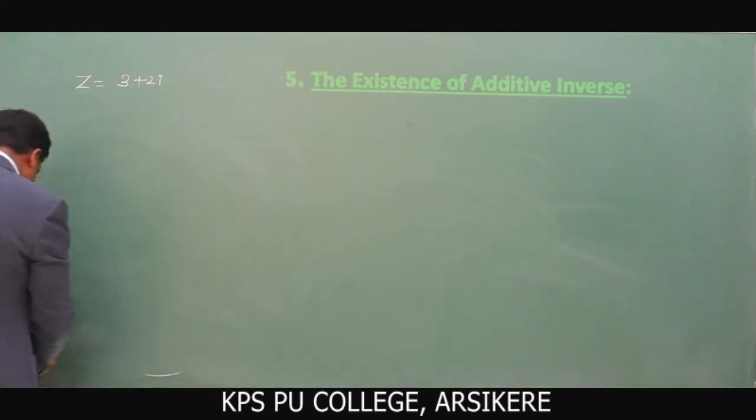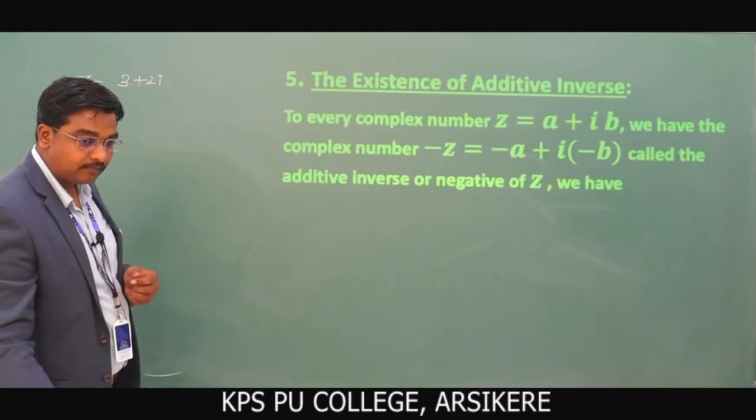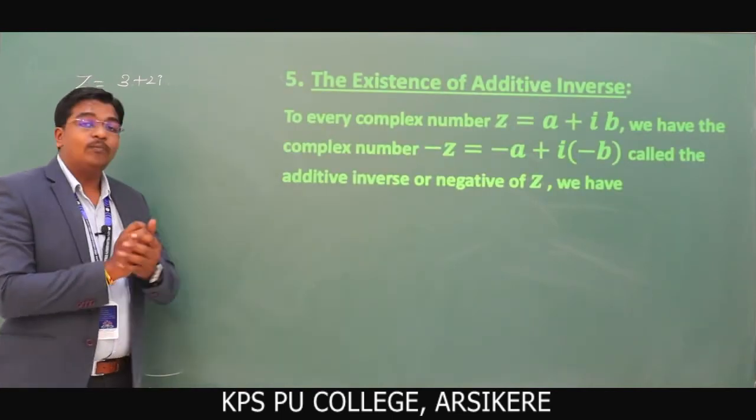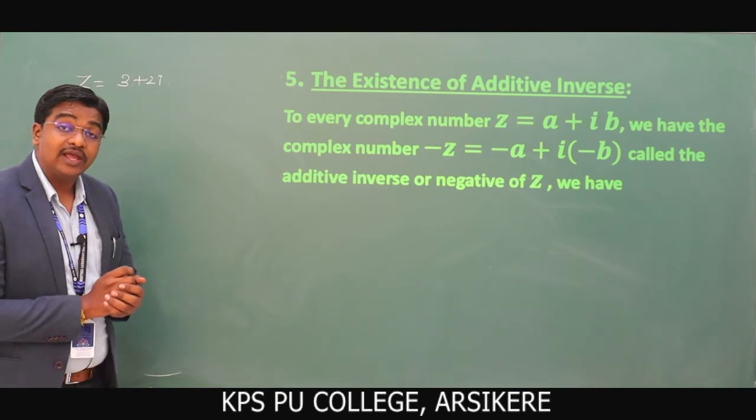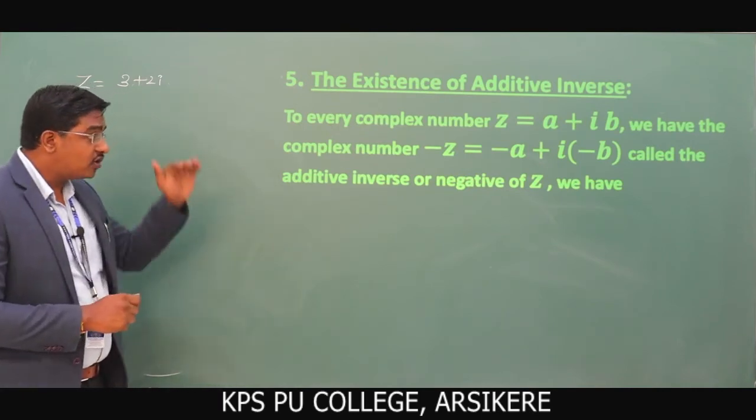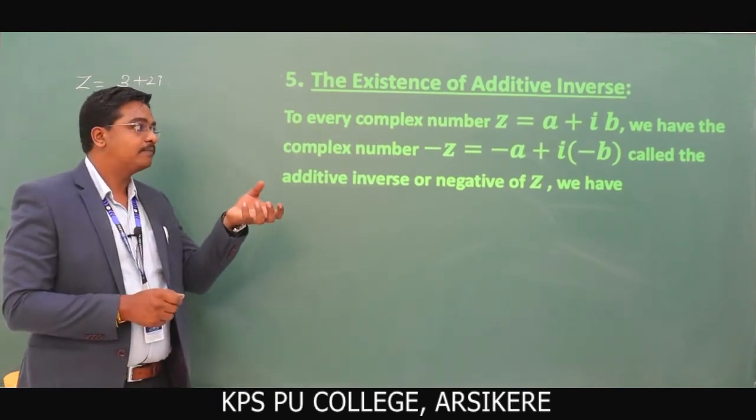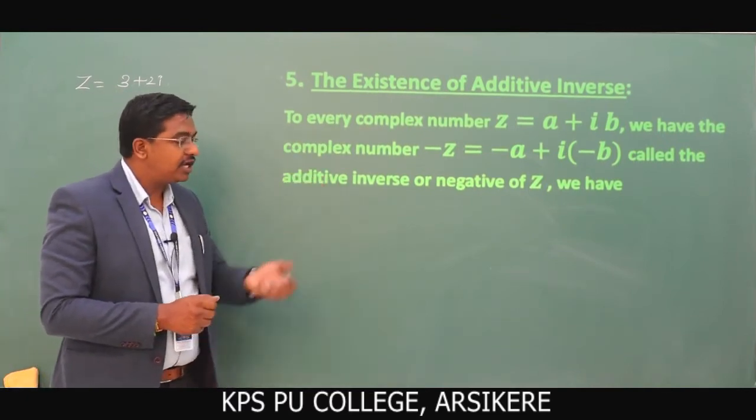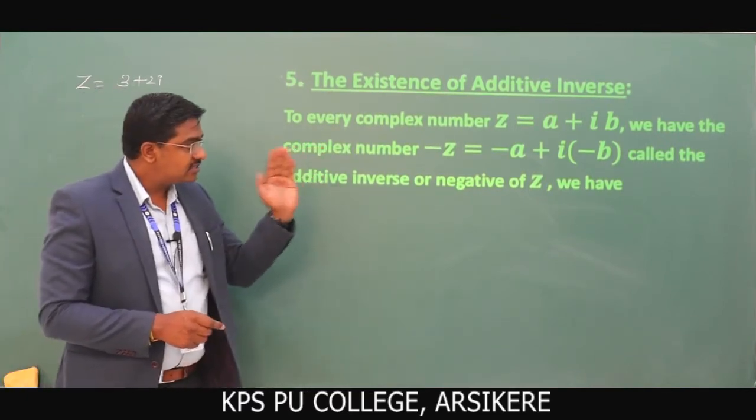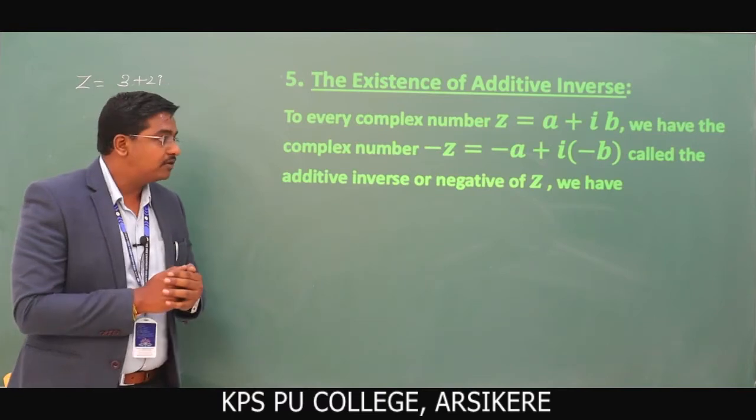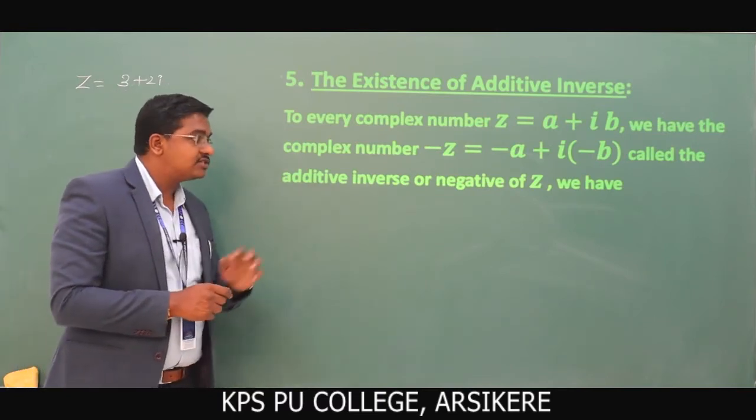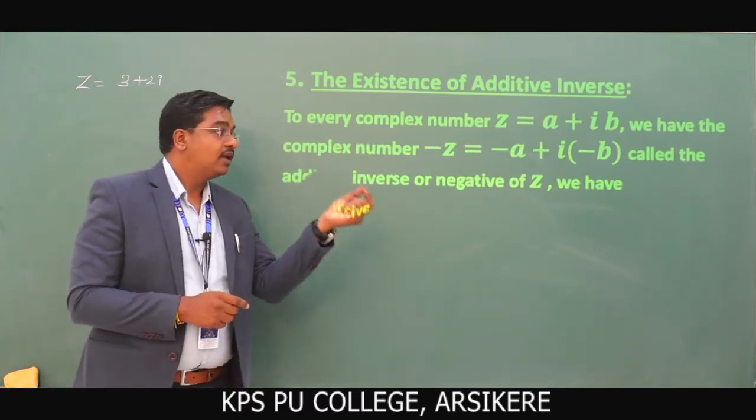Just observe here. To every complex number z = a + ib, we have the complex number -z, which is -a + i(-b) when you multiply by negative. This is called the additive inverse or negative of z. We have